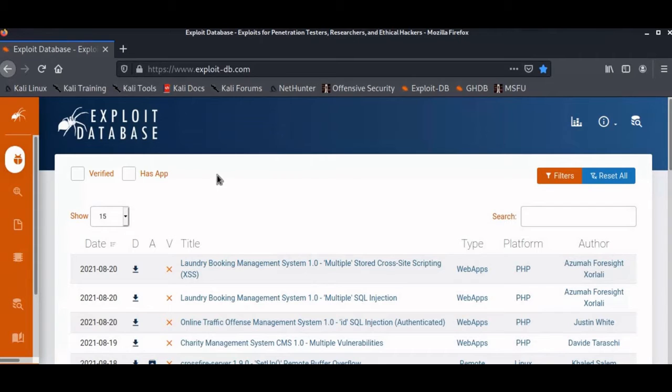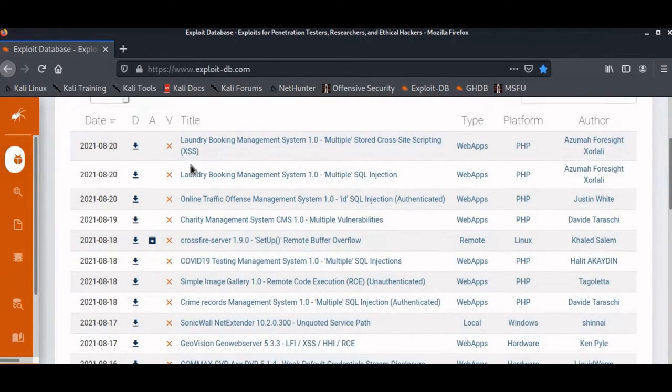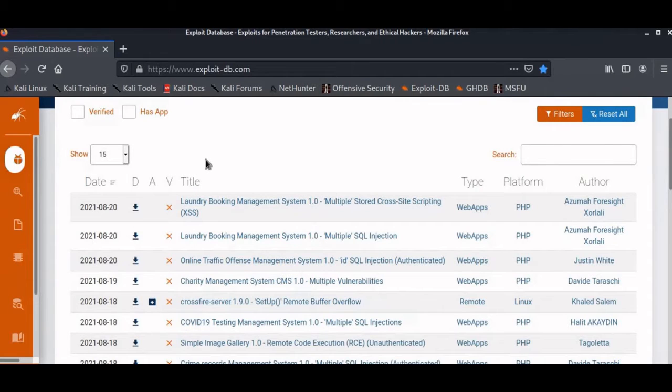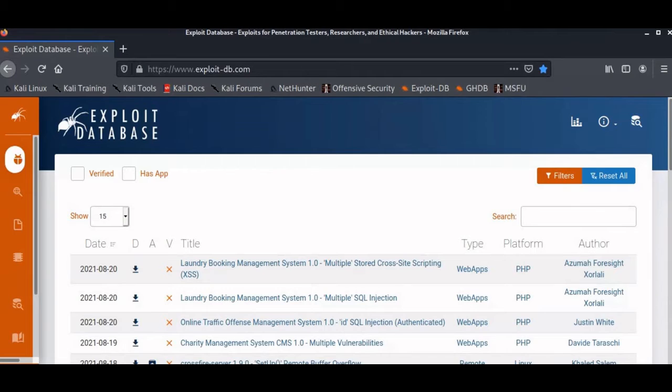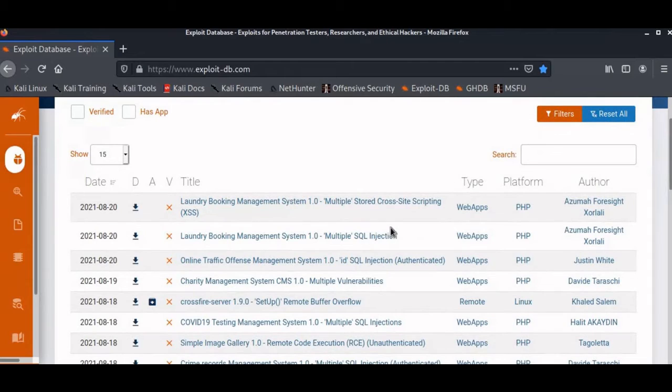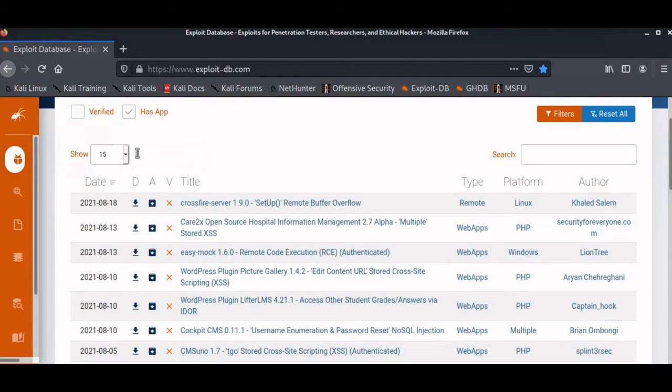This Exploit Database was designed to allow users to quickly find the information they are looking for. So we can easily filter by type, platform, author, ports, and tag. In contrast to other online resources, the Exploit Database occasionally provides the installer for the vulnerable versions of the software for research purposes. When the installer is available, it is marked with the download box icon displayed in that column you can see here,